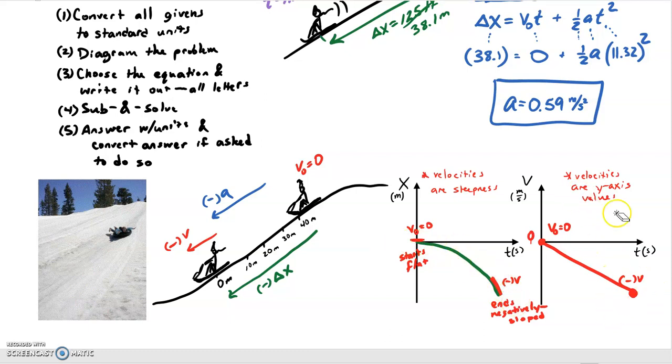For our velocity time graph, the velocities are now just simply y-axis values, so I'm going to plot 0 as my y-intercept, and then some negative value at my later time t. And that has to be a straight line because the acceleration is constant, and the acceleration is the slope. It shows how velocity changes over time. Since it's a constant acceleration of 0.6, then I would expect this to be a